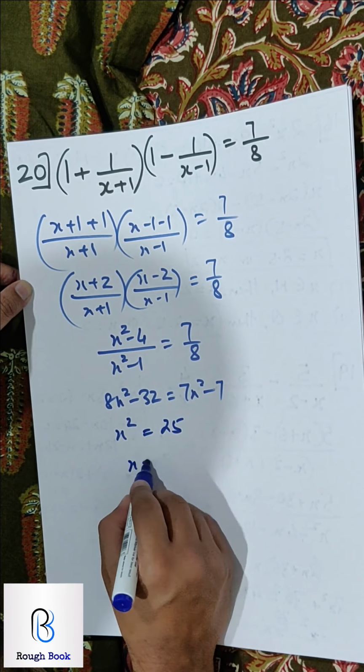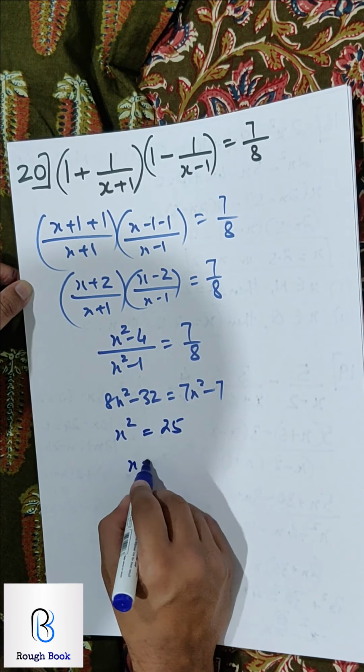18 into 12, 216, plus 36x minus 6x square. Let's recheck. 18 into 12. 12 8s are 96. 12 plus 9 is 216. Correct. 18 2s are 36. 12 3s are 36 minus 6. So this gets cancelled here only. Minus 6 I'm keeping here, pushing 15 on the other side because this will become positive then.